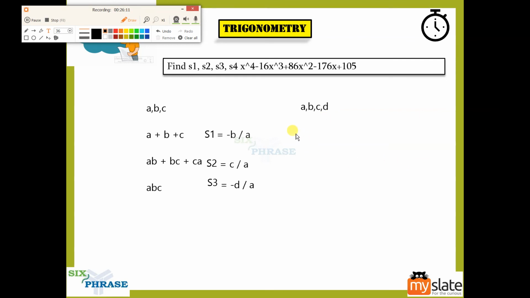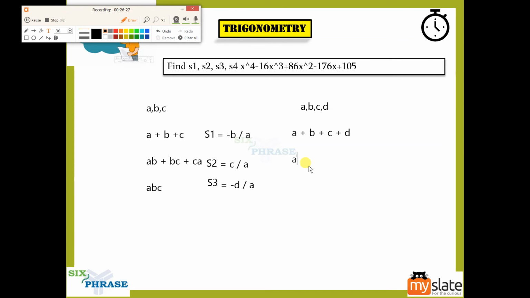Now what happens is, the first possible sum is taking one at a time. If I take one at a time, I'll get it like this, right? This is taking one at a time. Now this is going to give me one sum. Now I'm taking two at a time. What are the possible ways of taking two at a time?